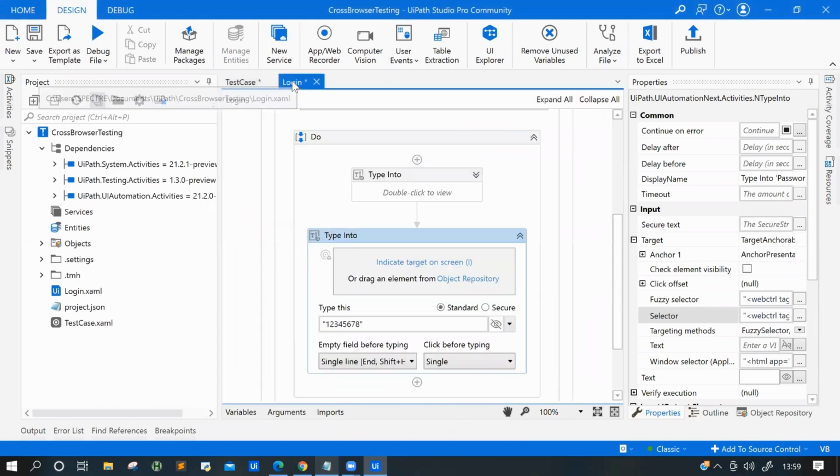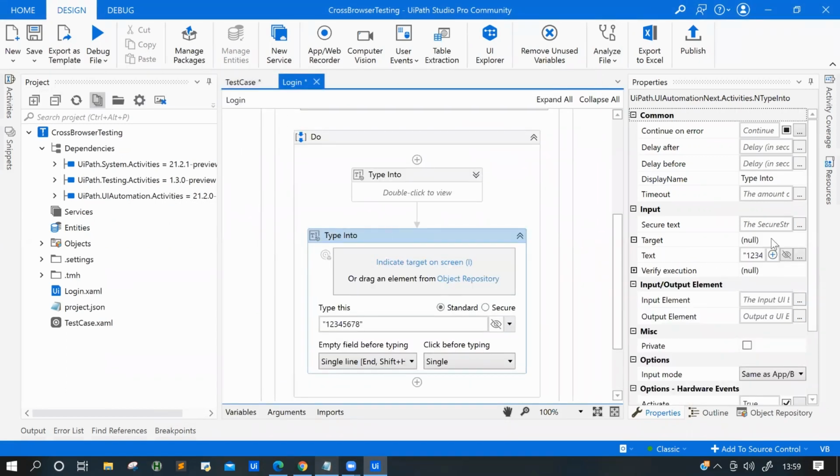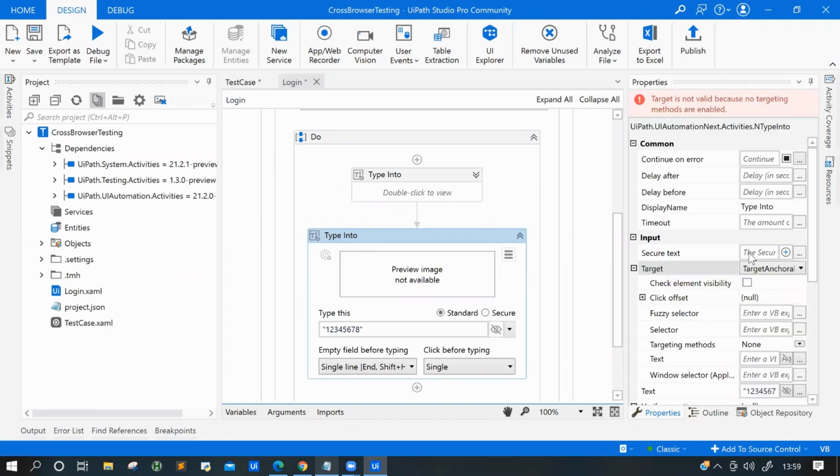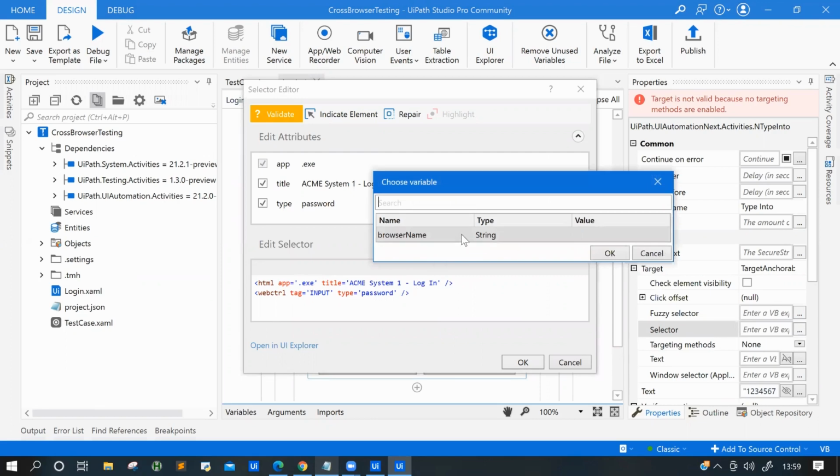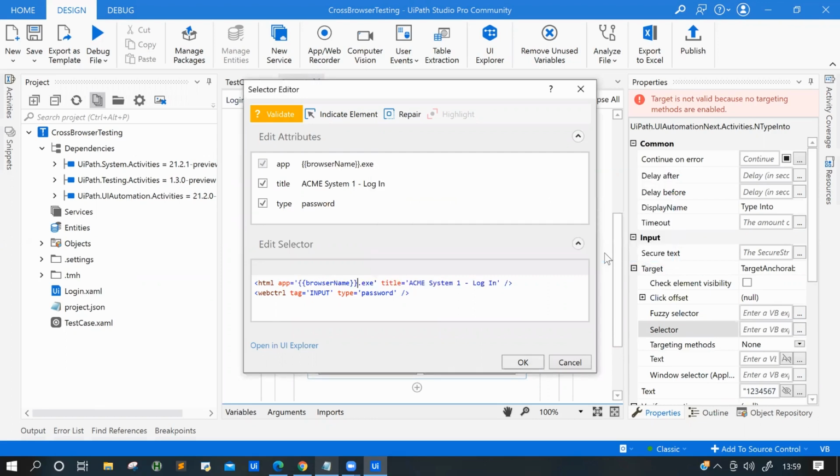This, and then you can go ahead and type into here. You need to select target and then the selector part, and for this you can go ahead and press control space and your variable name.